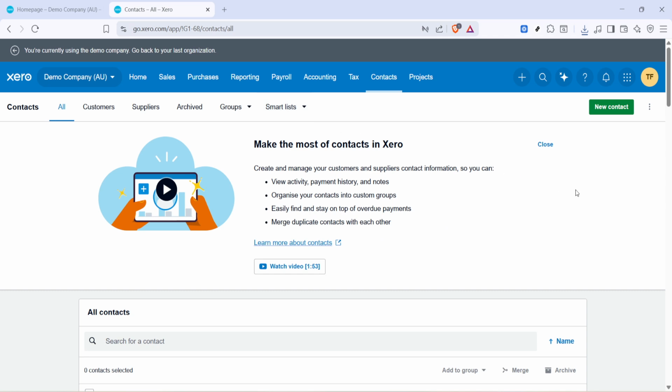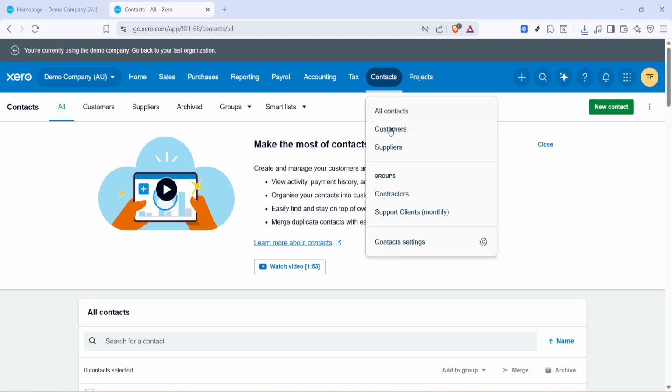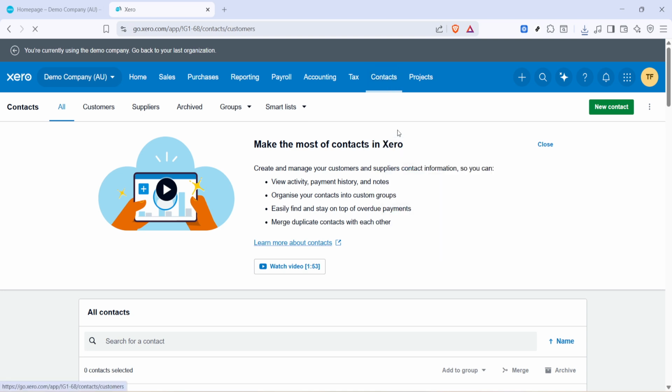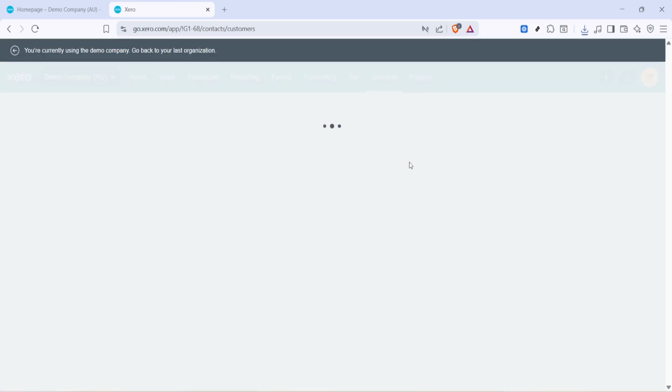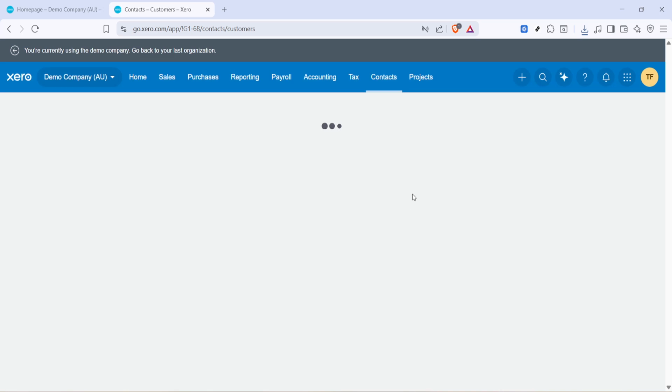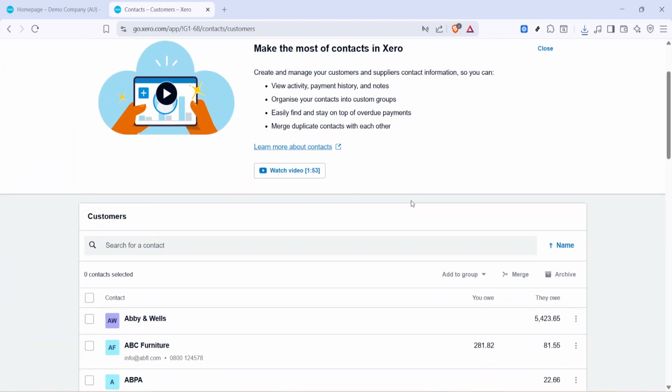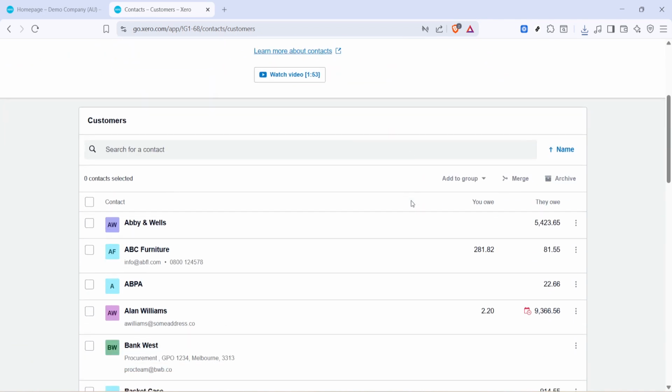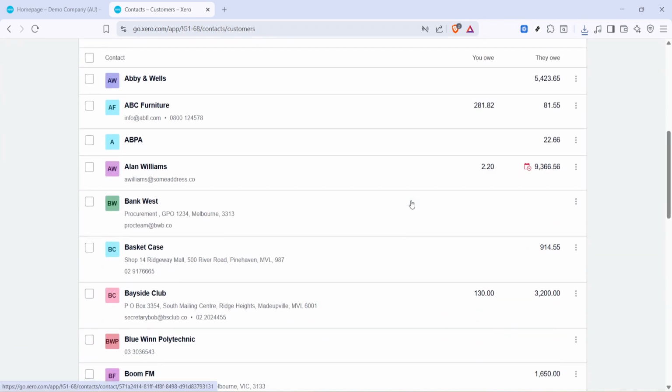Next, switch to the customers view. Selecting customers filters the page so you're only looking at your sales side contacts, which keeps your export focused and tidy. This is especially useful if you want to run marketing lists, reconcile account details, or analyze customer activity without